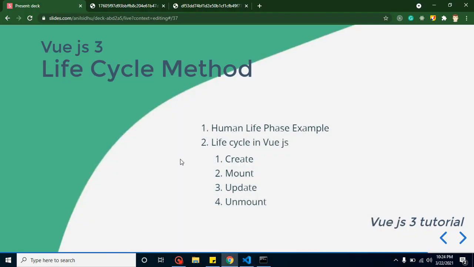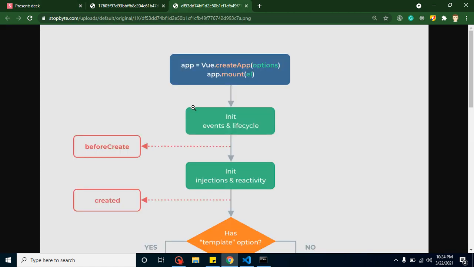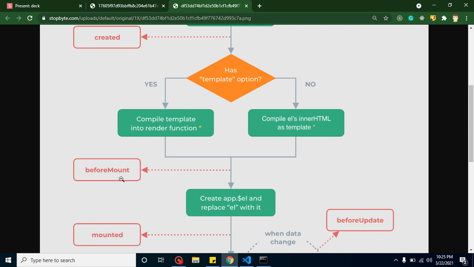So basically in Vue.js we have 8 lifecycle methods. Let's take a look. In the create phase we have 2 lifecycle methods, before create and created. Whenever our application or component is just starting to be created, before it is created, the beforeCreate method will be called, and we can perform any operation like sending a request to the server, checking the internet and all, right? These kinds of things. After creating, if we want to load some data properties or change some color and all, then we can do it here. After that we have the mount phase, before mount and mounted.